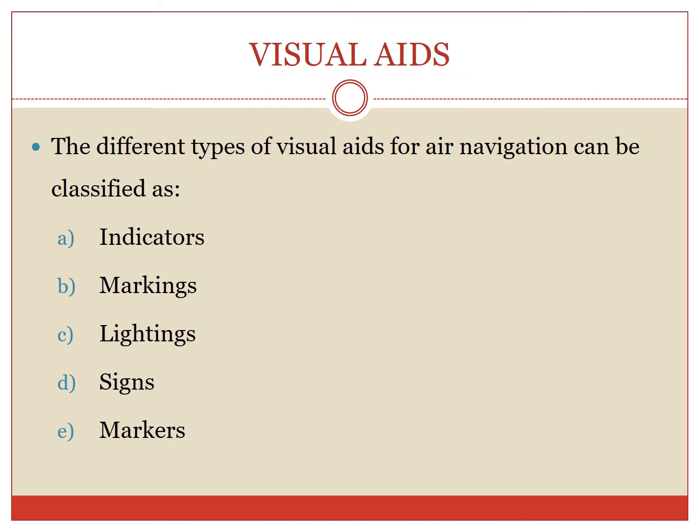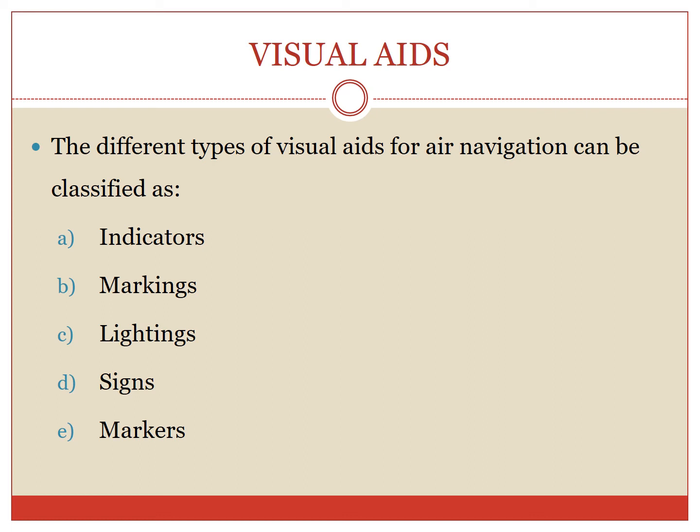Now let us move to some of the visual aids. What are visual aids actually? The pilot is guided by the visual aids during landing and takeoff operations, in day and night, in all weather conditions. Runway threshold, runway edges, and the runway center line are the most essential items which should be clearly visible to a pilot. In order to enhance the daytime visibility, runways, taxiways, and other allied structures are marked with lines and numbers.